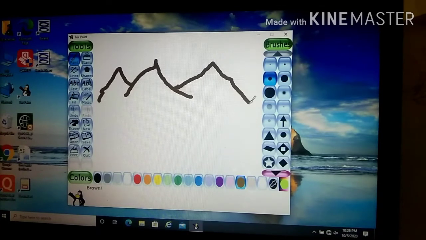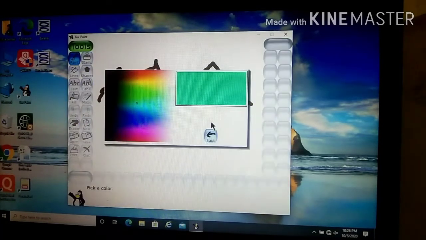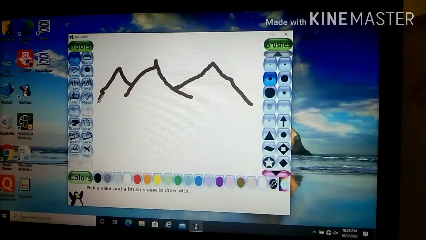It's up to you what you want to draw. Okay, and if you want to change the color you can change it, and if you want to make it your own color, that is also possible. Just select the color which you want. Select the lighter shade, here I am drawing the water or the river, you can say.